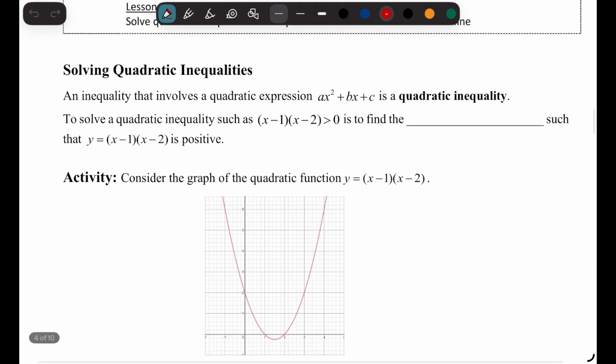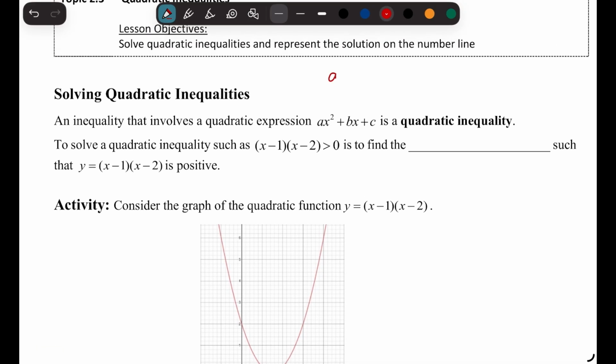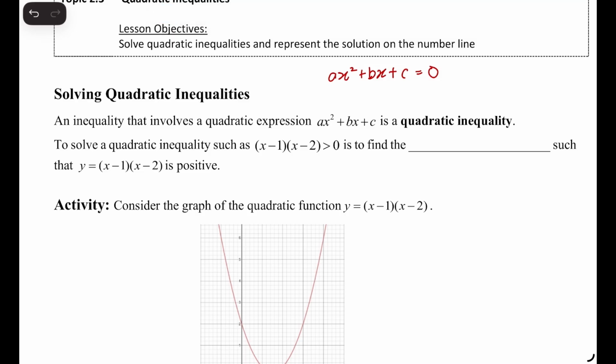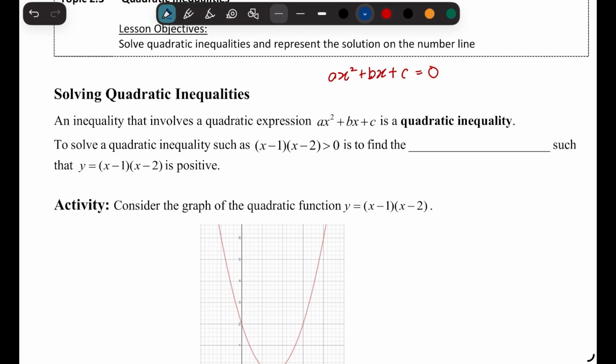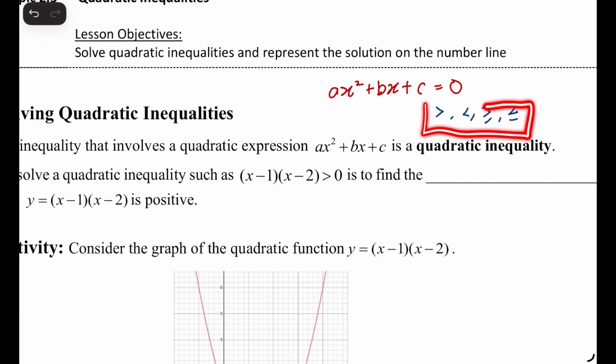So let's start. Previously, we have always looked at quadratic equations, which are usually in the form of ax squared plus bx plus c equals 0. For this worksheet, instead of an equation with an equal sign, this will now turn into an inequality. An inequality can simply be greater than, less than, greater than or equal to, or less than or equal to. So these are the four inequalities that we have seen before,